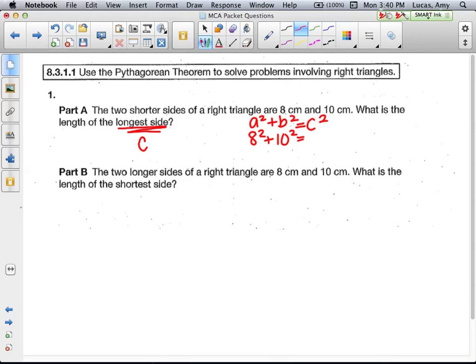We don't know the longest side. So 64 plus 100 equals c squared. So 164 equals c squared. And then we take the square root. And c is approximately 12.8